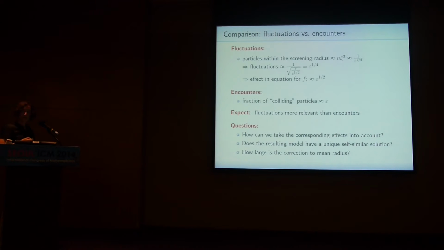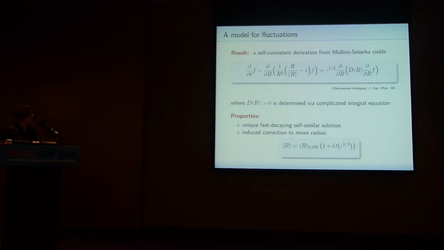Now it goes very quickly, but I just really want to give you the ideas. This is joint work with Fiscu and Velazquez, where we also first concentrated on these screening-induced fluctuations and derived, in a self-consistent way from Mann and Sekerka, a correction to the LSW mean field model, which looks like this one here. For epsilon 0, just in case you forgot, this is just the LSW mean field model. Then you get a correction which scales as expected like square root epsilon, and it's like a diffusion term in the radius variable. Don't worry about the details.